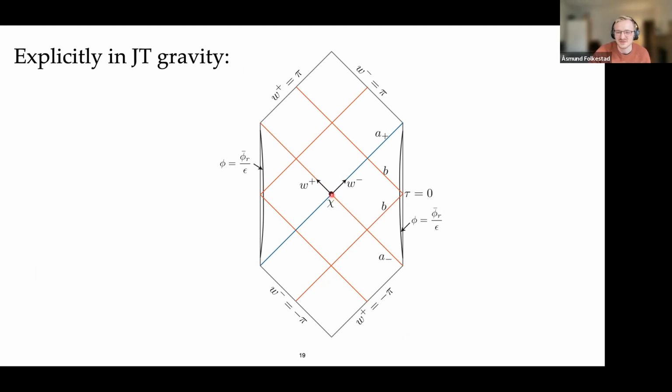So chi is the QES, and I've drawn two shocks emitted here through chi, which are the shocks I talked about earlier that come from the gluing. Here, in JT gravity, this comes not from a discontinuity in the derivative of the metric, but from a discontinuity in the first derivative of the dilaton. But you can work out the junction conditions in JT gravity as well, and the analogous story carries through.